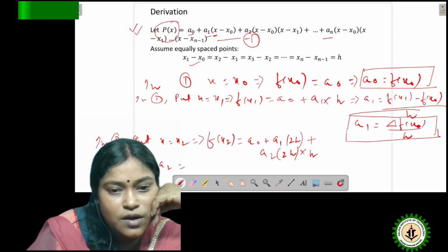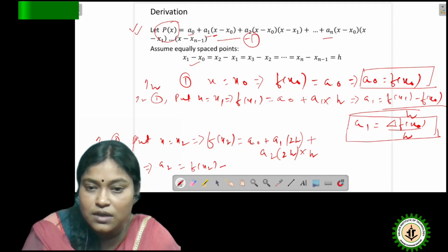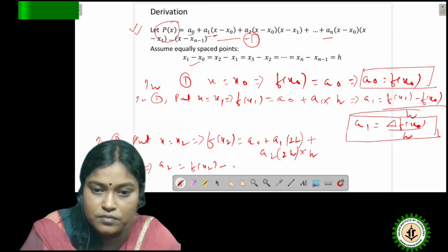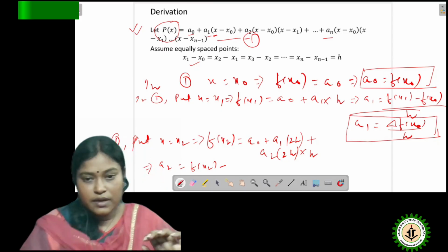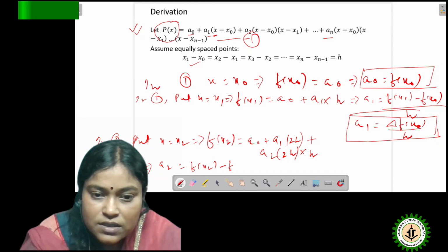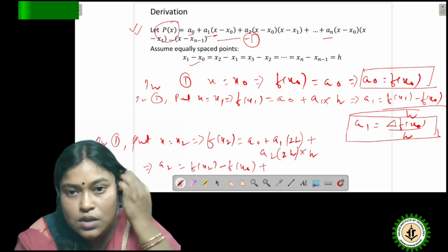So from this, a2 will be f of x2 minus a naught. What is a naught? A naught is f of x naught. Plus a1 into